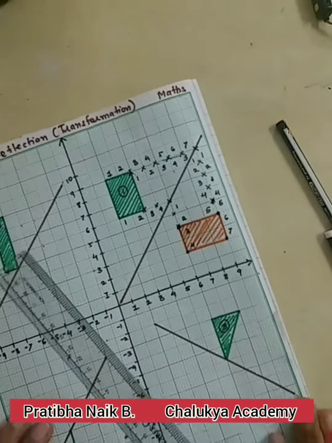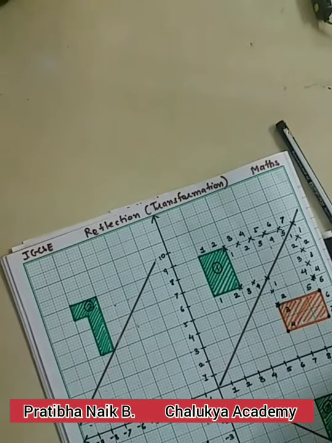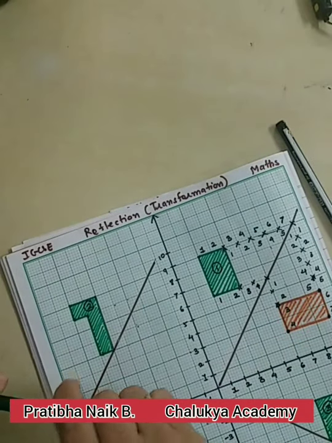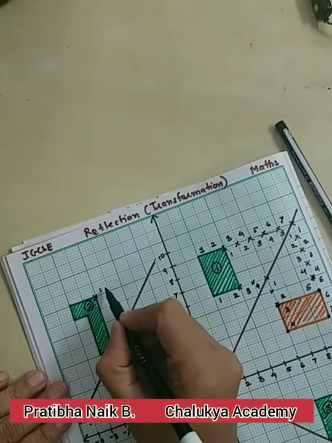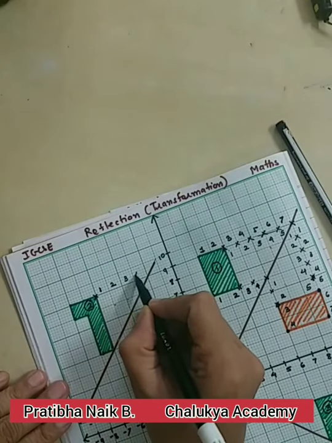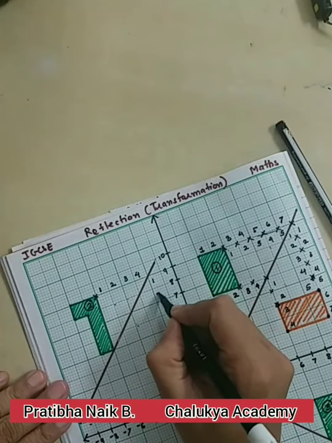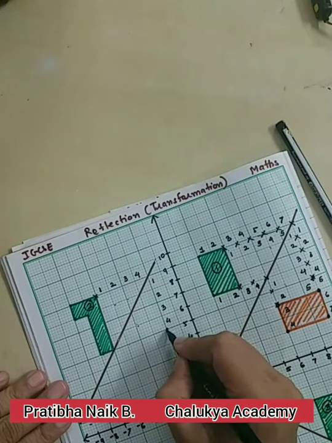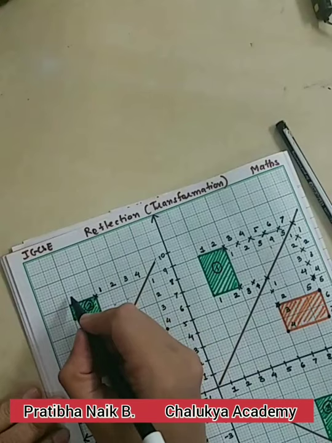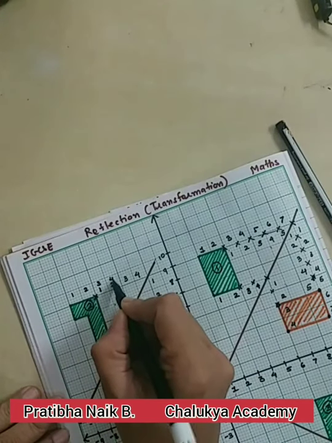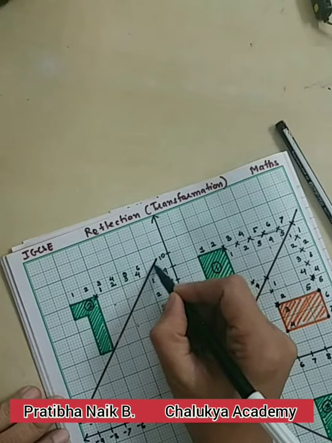Okay, now let's go to example 2 over here. In example 2, again we will fix any one point. Let's take this point over here. So we are moving horizontally now. 1, 2, 3, 4. Now horizontally, now vertically, same units. 1, 2, 3, 4. So this is our point. Okay, again we will take over here. Now this is 1, 2, 3, 4, 5, 6. Okay, 5, 6. Now we have to go till this.